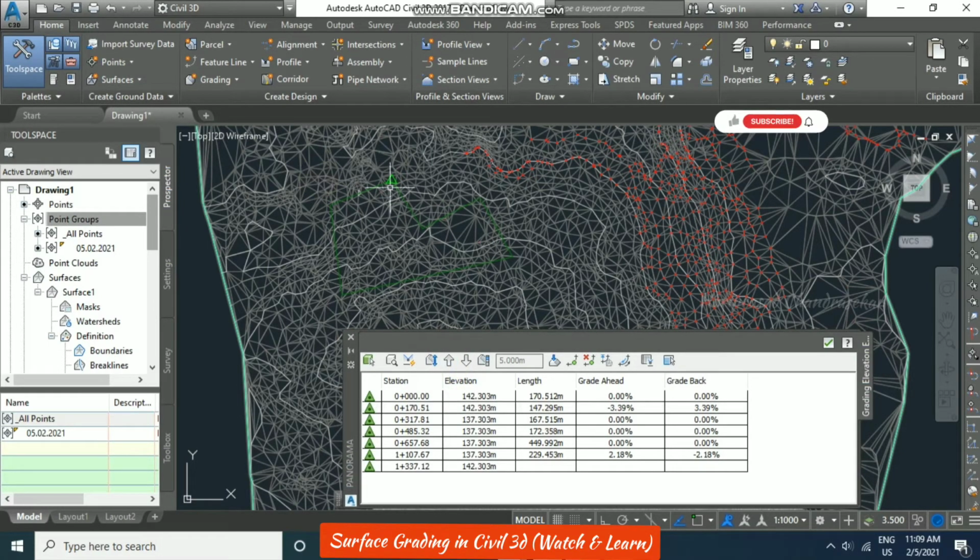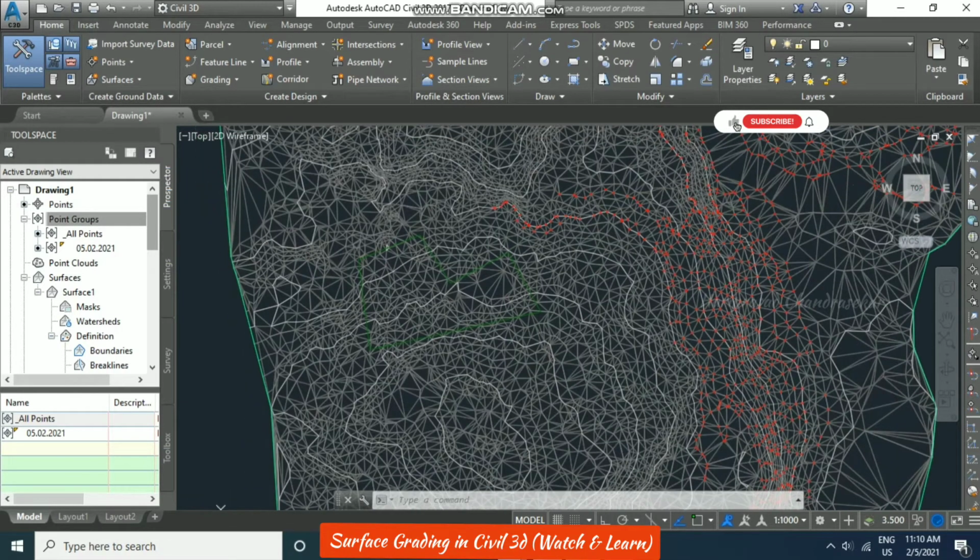So these 2 points are elevated, and then click this one, no need, this one no need. If you want to make it down, you can make it down, then it becomes 132, and this one again 132. So this one again will take the same elevation. Okay, this is like a start and end point that remains the same, only the station will vary. Now after this you can just click OK.